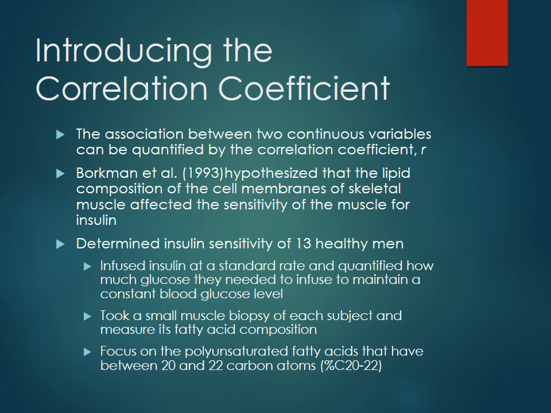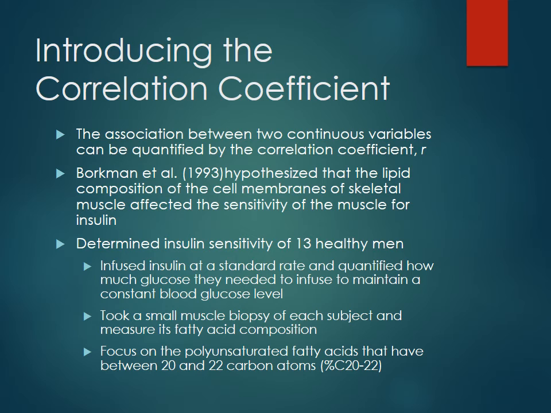So for this example here, we're going to be looking at two continuous variables, right? And so you can quantify how well they correlate to one another by using this correlation coefficient, or R. So we're going to see R and R squared, and R itself is just this correlation coefficient, okay? So in the study here, in 93, basically they were hypothesizing that the lipid composition of cell membranes on skeletal